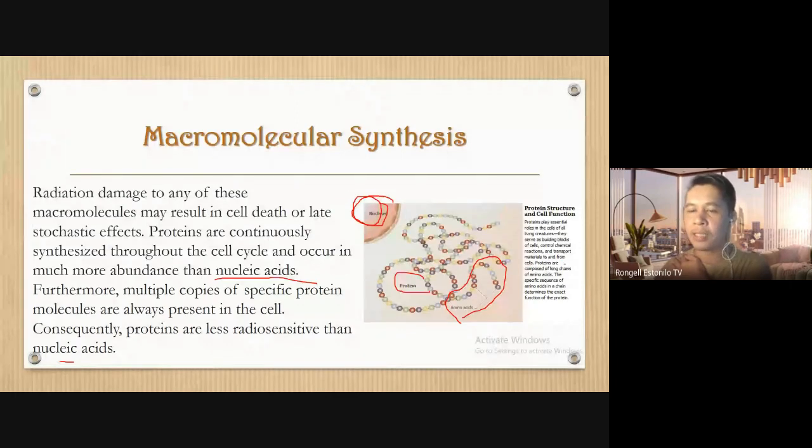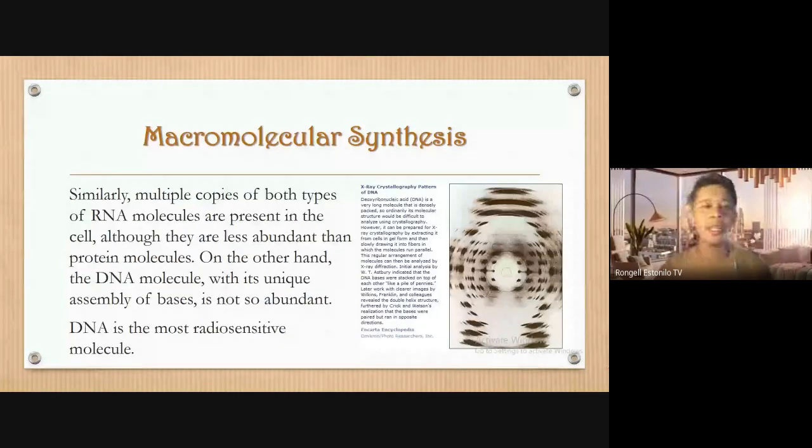Proteins are composed of long chains of amino acids. The specific sequence of amino acids in a chain determines the exact function of the protein. As a review, we mentioned that proteins act as enzymes, act as hormones, and act as the primary defense of the body. Similarly, multiple copies of both types of RNA molecules are present in the cell, although they are less